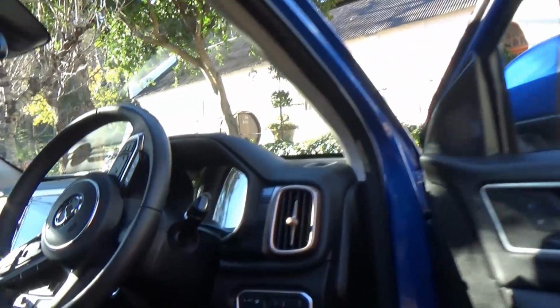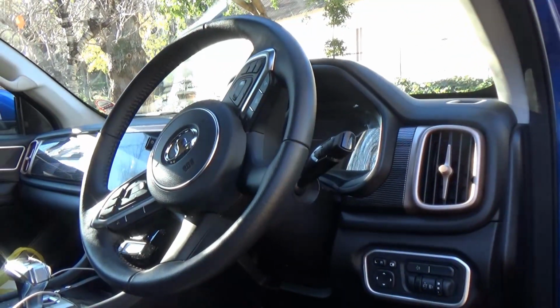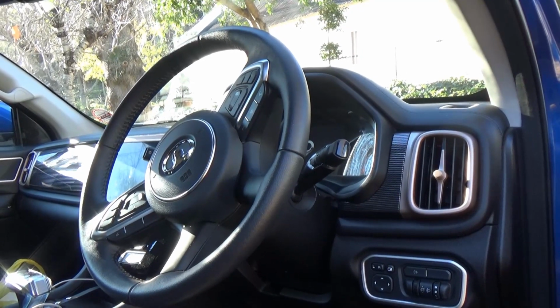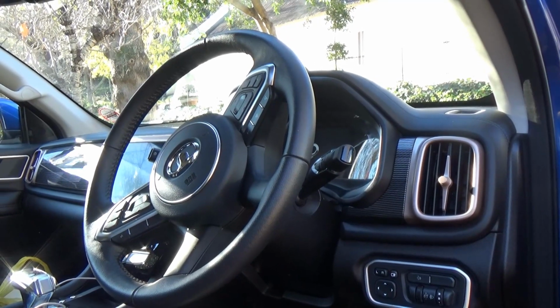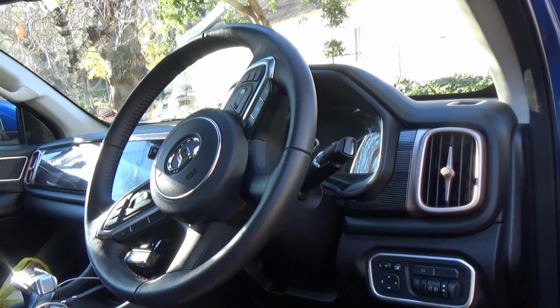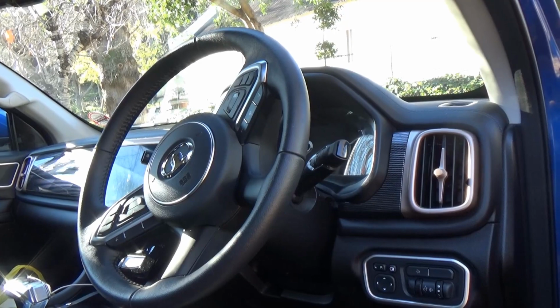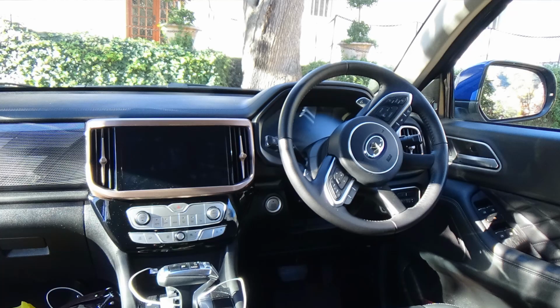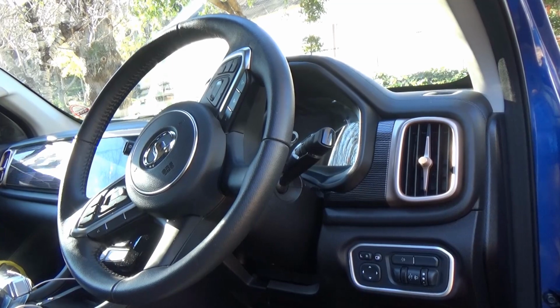It's got sort of a very active cruise control that is almost like semi-autonomous driving. It controls the steering wheel and cruise control, so a lot of the time you're fighting the steering wheel. It's got all the sensors in the world, so if you're into sensors and tech, this has really got it all. If you don't like a lot of beeping, I'd tend towards the base model of this, but the rest